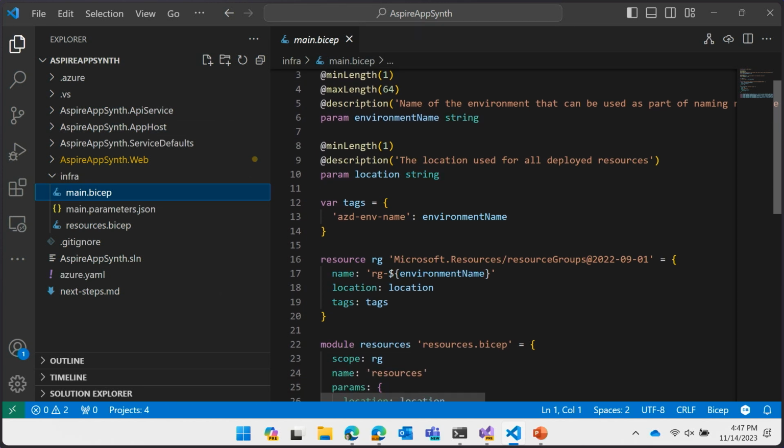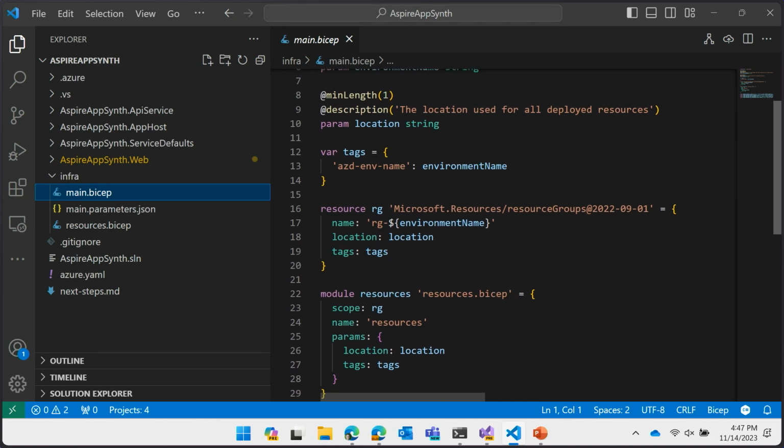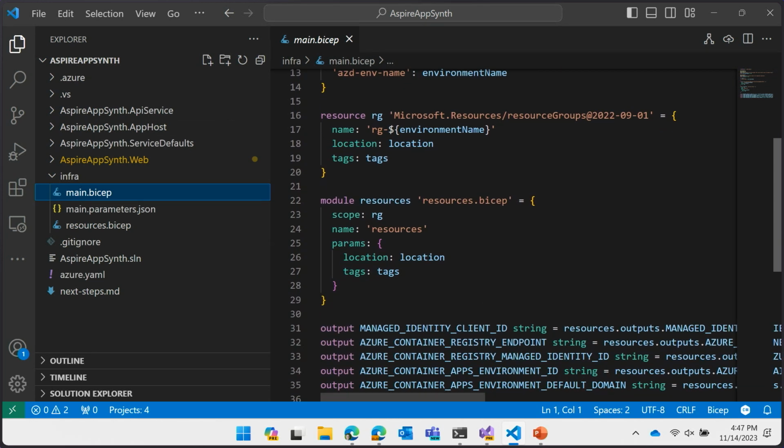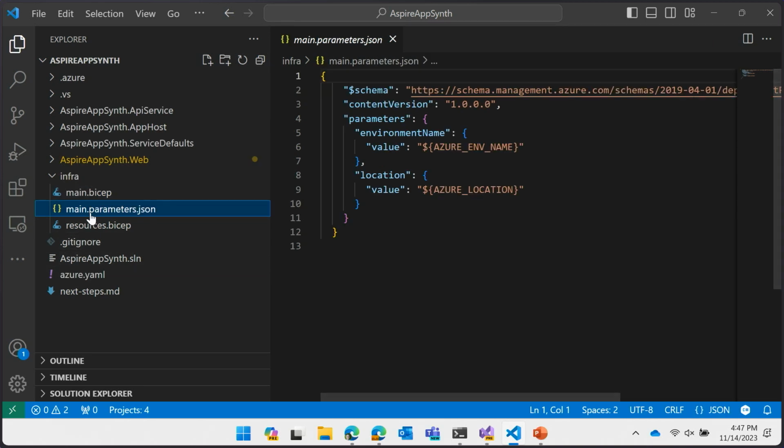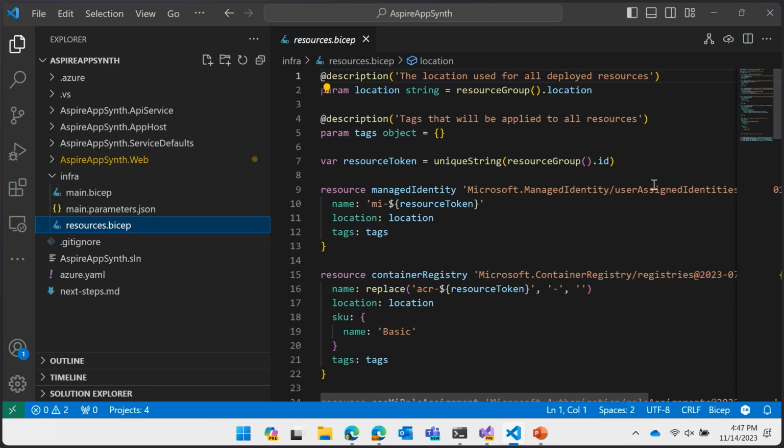These are basically variables that are being declared. The location, you can see resource group, some Bicep stuff, some environment variables are put out there. I can go look at this file and see a couple more things. But over here, this is going to be where we actually see that real